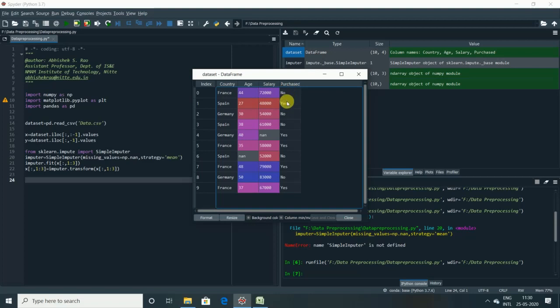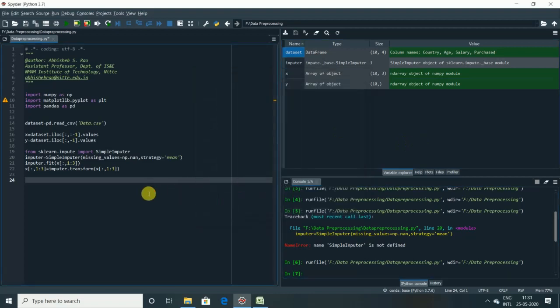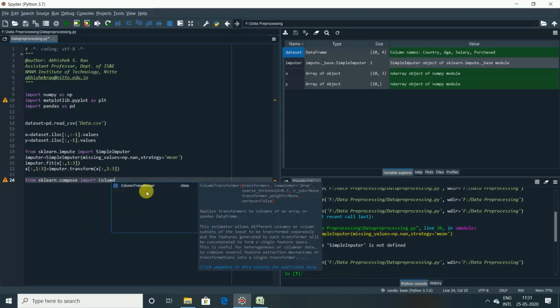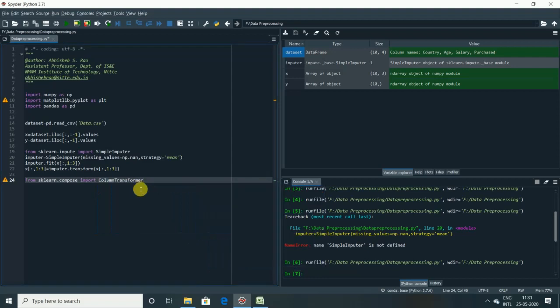So let's start by applying one hot encoding to the country column here. To do this, we are going to use two new classes. The first one is the ColumnTransformer class, and the other is the OneHotEncoder class. So let's type it. We require the sklearn library: from sklearn.compose we are going to import a class called ColumnTransformer.